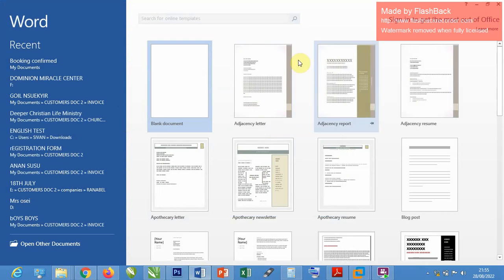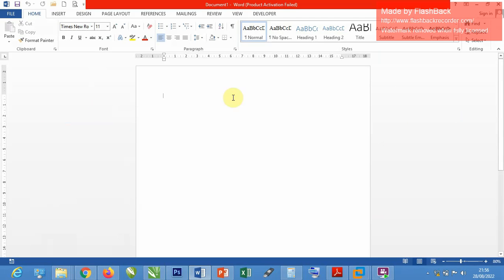This is the recent documents, then these are the templates, and then a blank document. I'll click on the blank document, so at least you'll get to know the interfaces that we are going to work with. We'll first start with